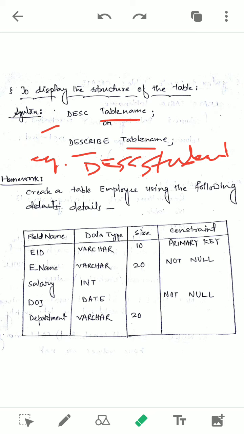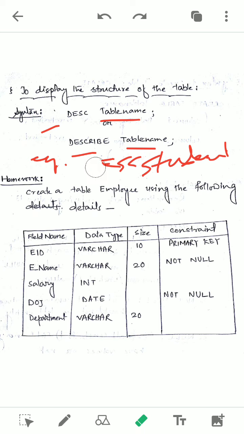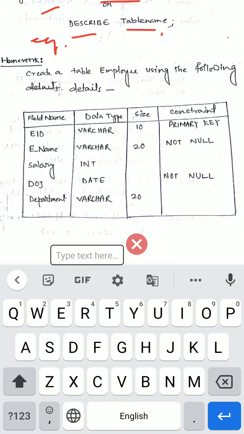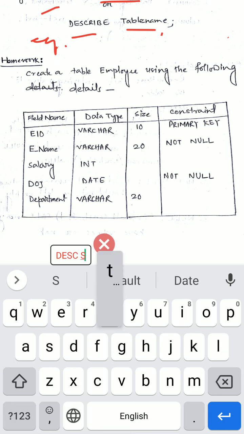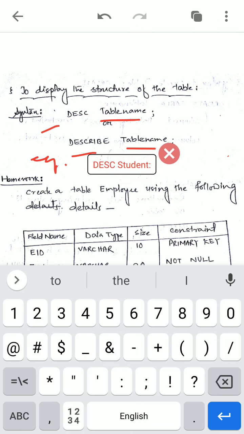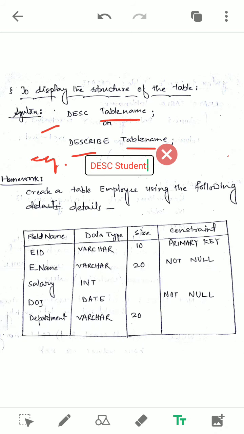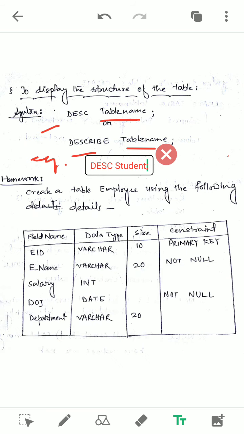Okay, let's see. Let me type it. What command should be written? DESC, then student, then semicolon. You have to write this command with a semicolon, not a colon. This is a semicolon. If you write this command, it will display the structure of the table.